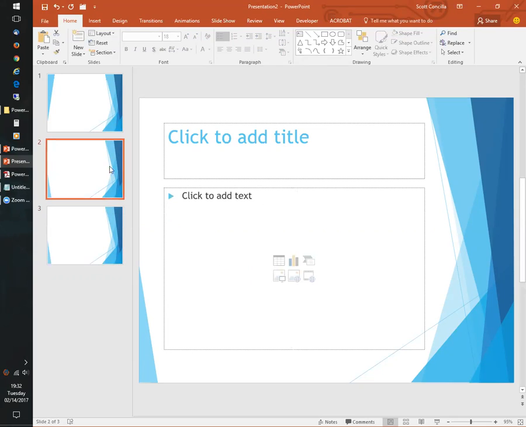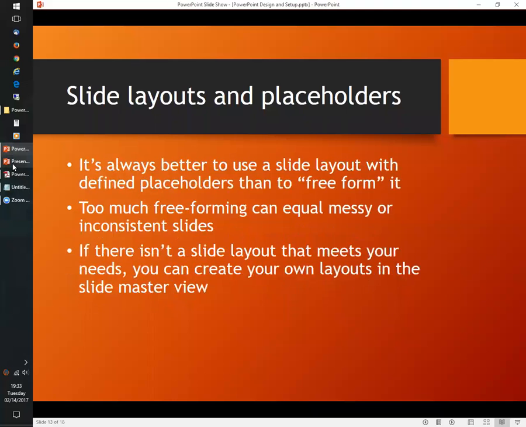So if I didn't want, let me come back over to here. There we go. If I didn't want text, but I'd rather insert a table, I could hover over any of these icons that are lightly showing in the middle, and instead in this placeholder, put a picture or a chart or a table. That's what these are. So this is the most common type of placeholder, in that it can hold text or any of these types of content down here: pictures, online pictures, video, charts, SmartArt, and tables. Lots of different stuff.